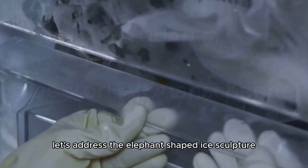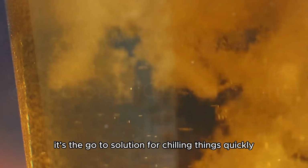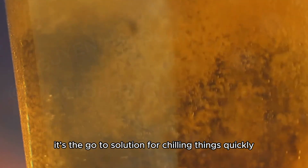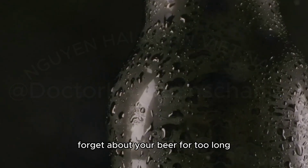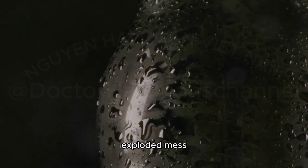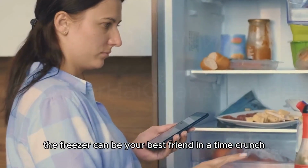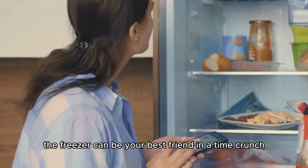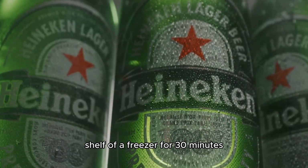Alright, let's address the elephant-shaped ice sculpture in the room, the freezer. It's the go-to solution for chilling things quickly, but it's also a minefield of potential disasters. Forget about your beer for too long and you'll end up with a frozen, exploded mess. But if you're careful, and more importantly, if you set a timer, the freezer can be your best friend in a time crunch. The study found that placing a bottle in the middle shelf of a freezer for 30 minutes